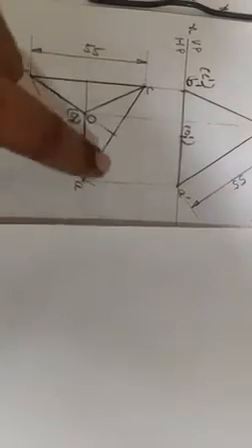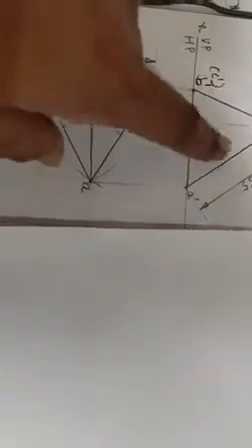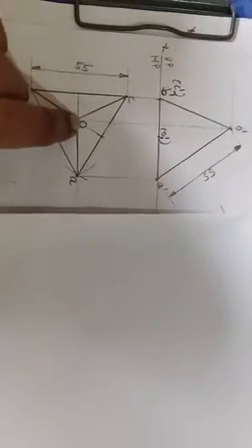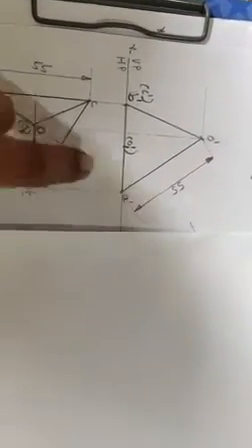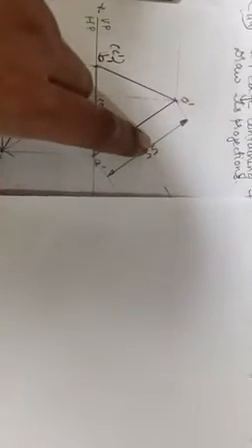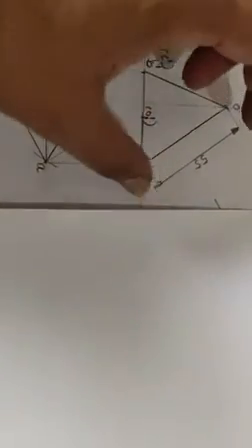Now look at this figure here. Which side is parallel to the vertical plane or parallel to the XY line? CA is inclined to the XY line, AC is inclined to the XY line, BC is perpendicular to the XY line. The only side parallel to the XY line is OA. Only line OA is parallel to the vertical plane, so it has to appear in true length. So you take the actual length 55 mm, keep it on A dash, and cut this. So you have got the corner O dash.